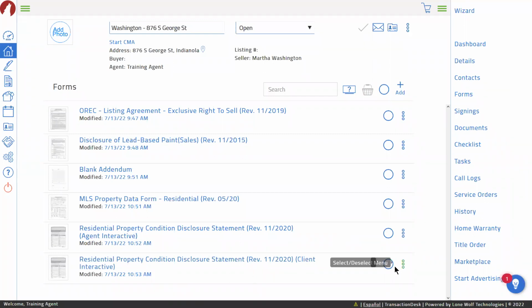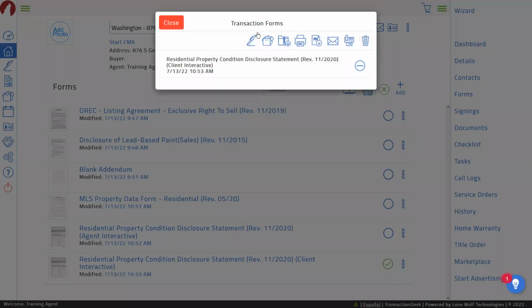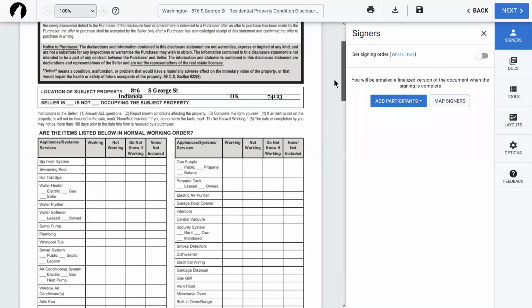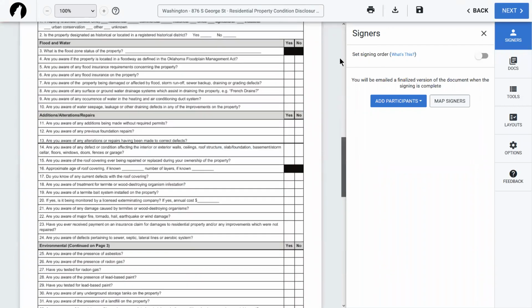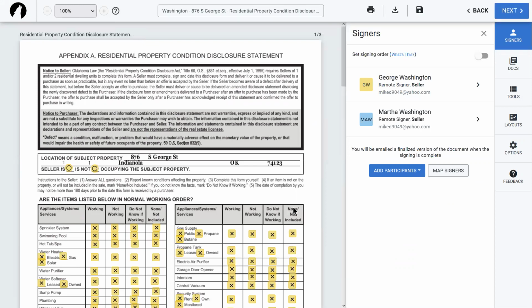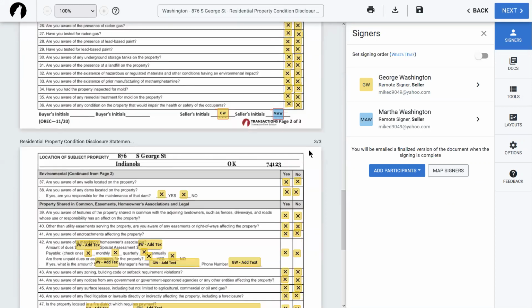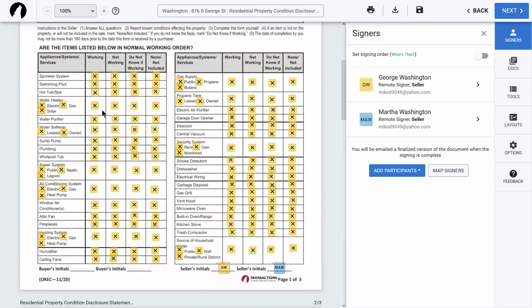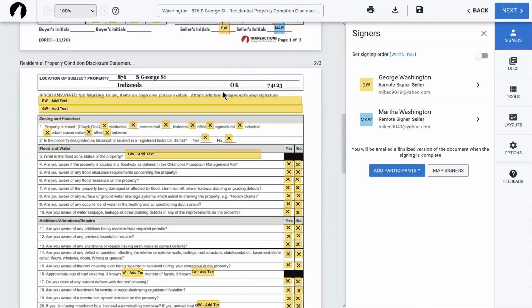So just to show you the last kind of confusion related to this, if I check the checkbox for this and end up doing the basket, send it off to be signed, the next portion of confusion people experience with this form is that when they land here, again, it's still blank. As soon as I add in a participant, though, especially if they're marked as the seller, suddenly we have a whole bunch of blank spaces for us to fill out. So when George ends up receiving this, he gets to choose between all of these options,